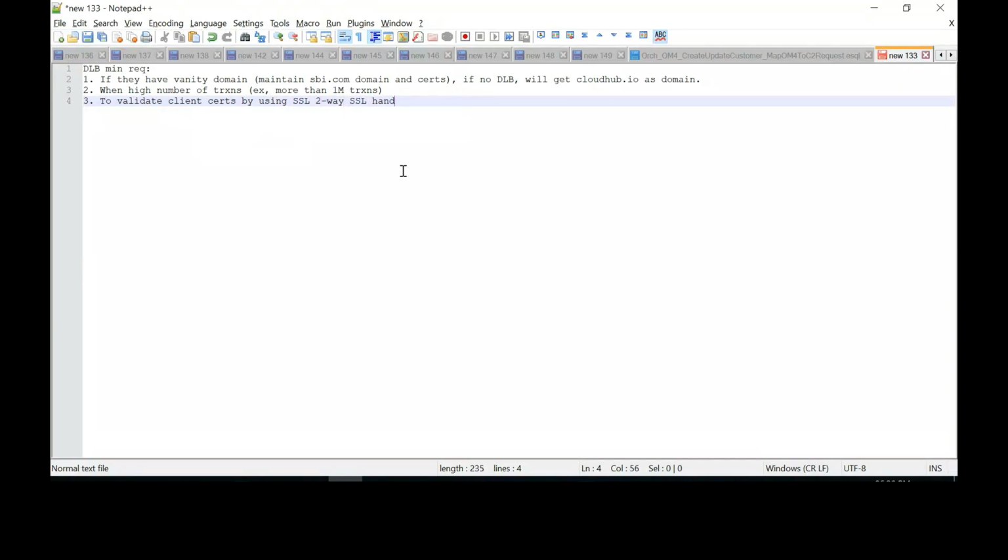These are the three conditions in which a DLB is used in most organizations. Okay, maybe I need to check this. Maybe it's 1 billion transactions per day, I think. Okay, I will check that.